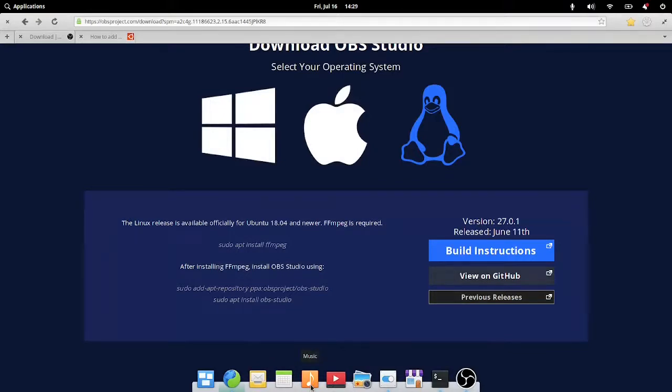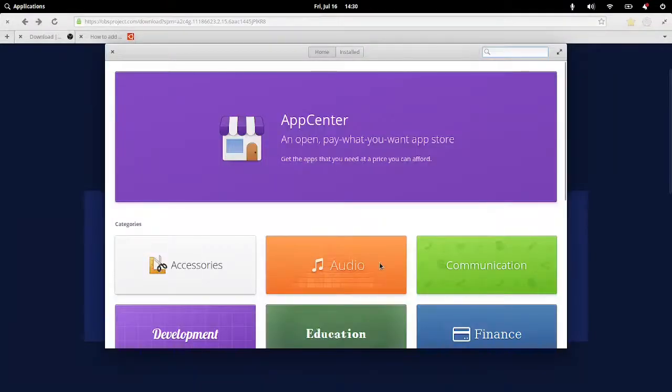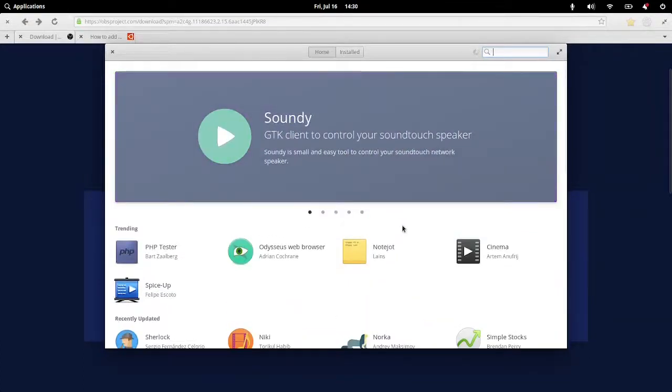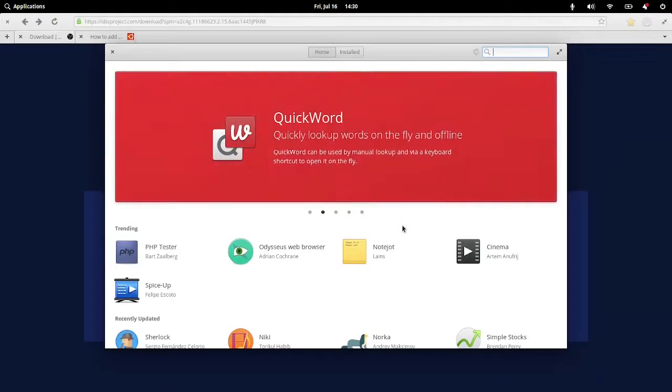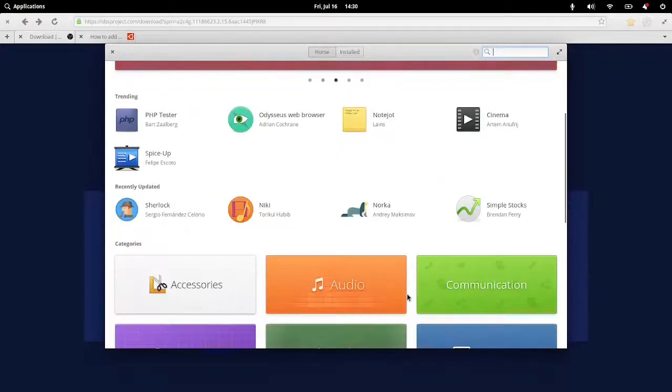I actually haven't even gone through the GUI store, and I've already installed an application using the terminal because I know how to use Ubuntu, and this is basically Ubuntu underneath. Unfortunately, it won't stay this way because they're going to be moving to Arch now. So Elementary OS is going to be an Arch-based distro in the upcoming version, from what I heard.